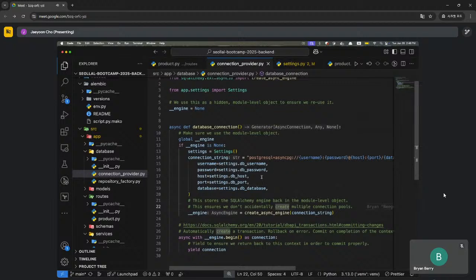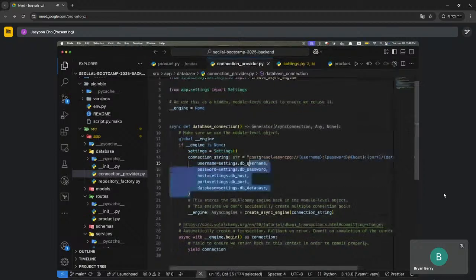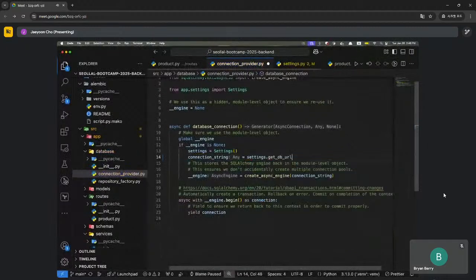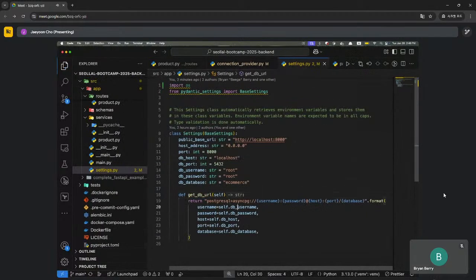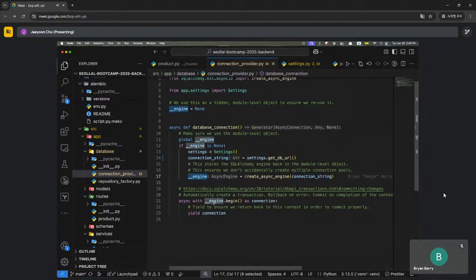So first, we're going to get the connection string, right? Hold on, we already have that, settings.get_db_url, right? Because it's basically the same thing, right? We get the database URL, and then we create the engine. And then using the engine, we make a database connection, right? And then we are going to use this to do